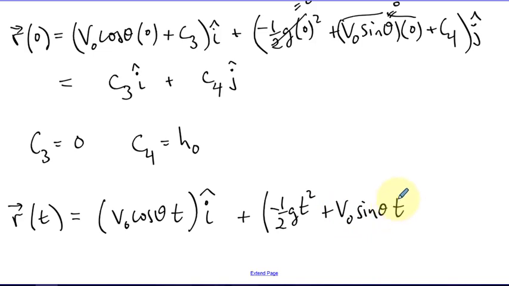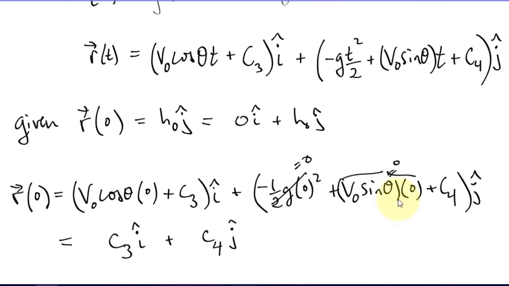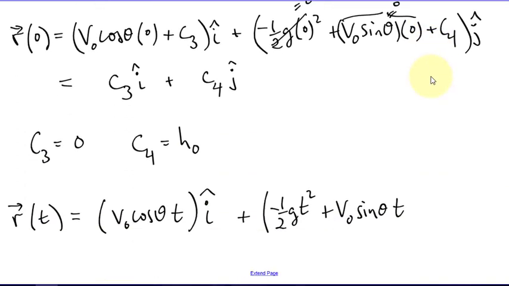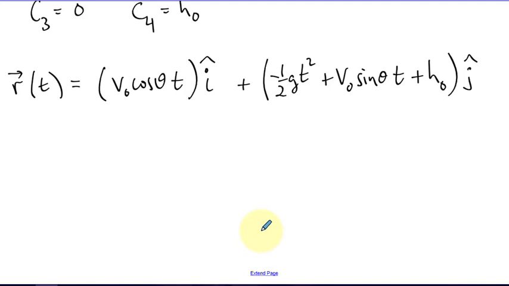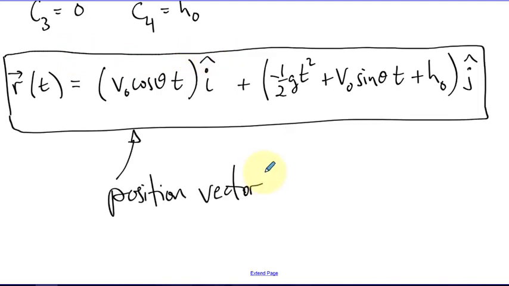Now, it's a little bit off the screen here, but if we go back, it's right here. This is where I'm getting it. I just found that c4 had to be h0. I'm just copying all this. Okay, that's it. That gets another circle or a box. It's a major conclusion for your projectile motion. This is my position vector. That's really what I was setting about to derive,